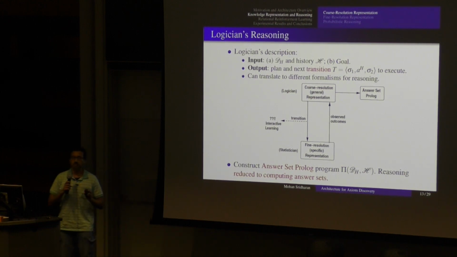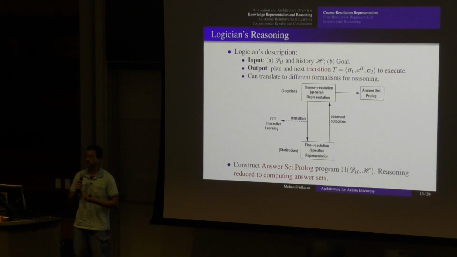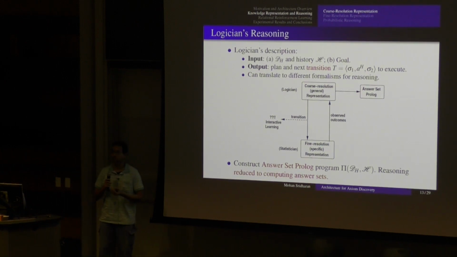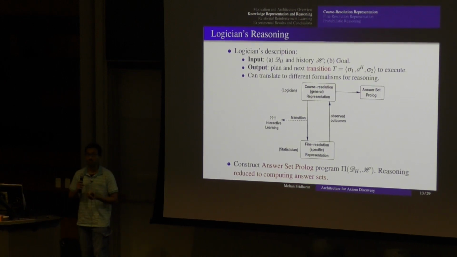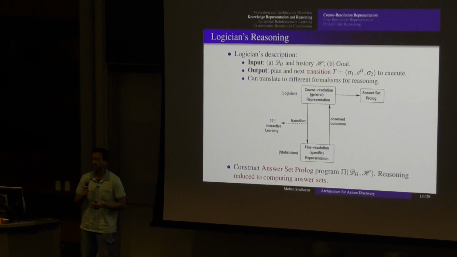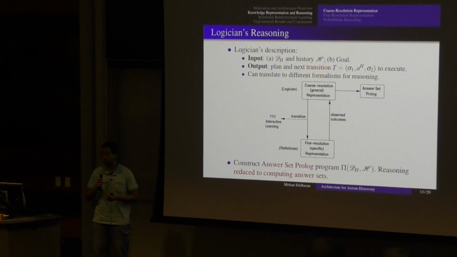And this, of course, what I've described so far can be translated to many different formalisms. In our case, we translate it to answer set prolog. Why? Because answer set prolog has nice features, like it supports non-monotonic logical reasoning, as a result of also encoding things like default negation, which means things don't have to be always true or false, they can just be unknown. So if you don't know something about some parts of the world, hey, you don't have to worry about it. You can reason about it when you know it, right?